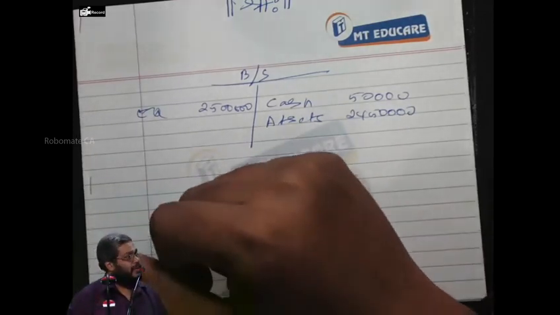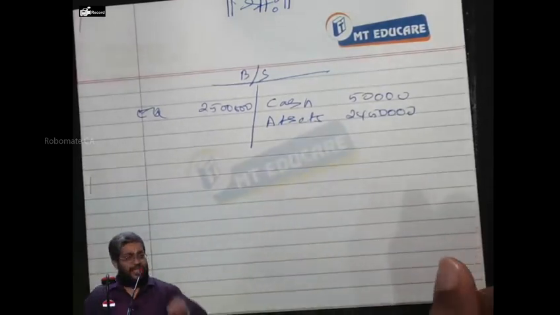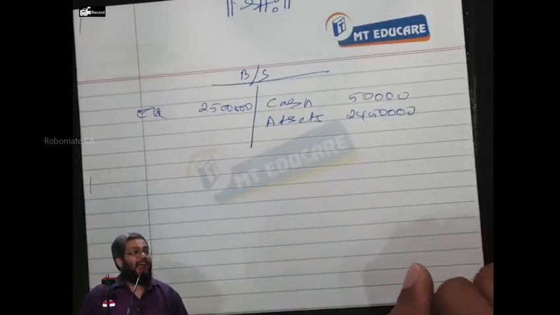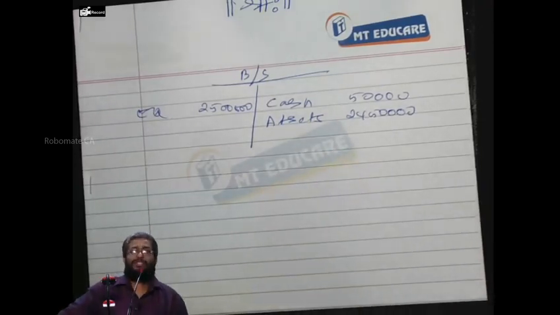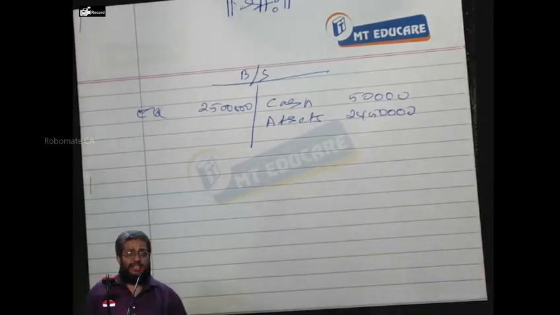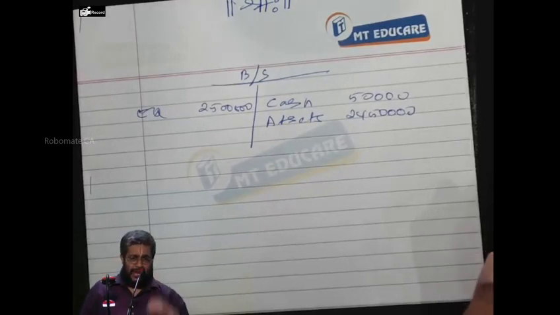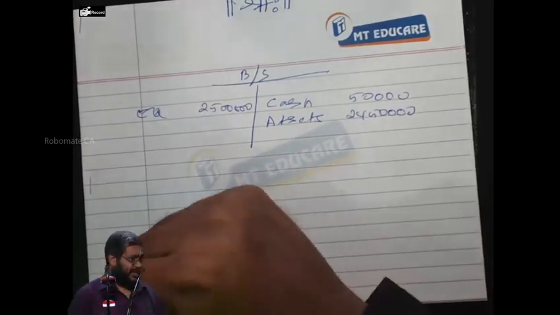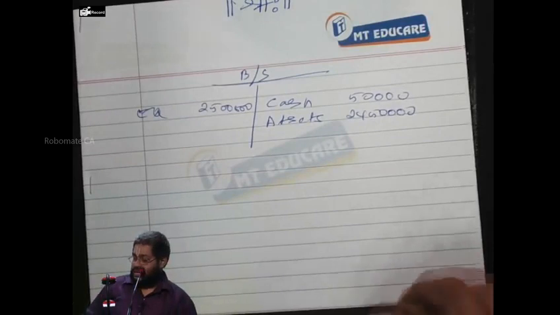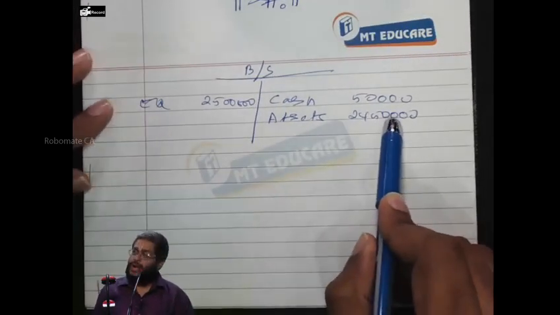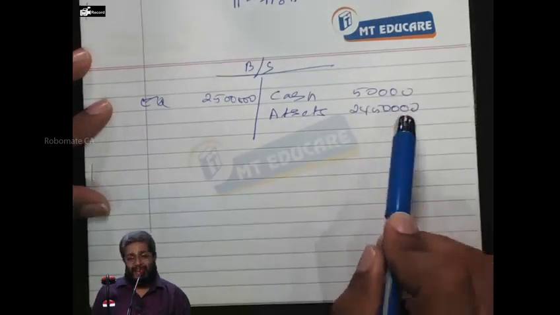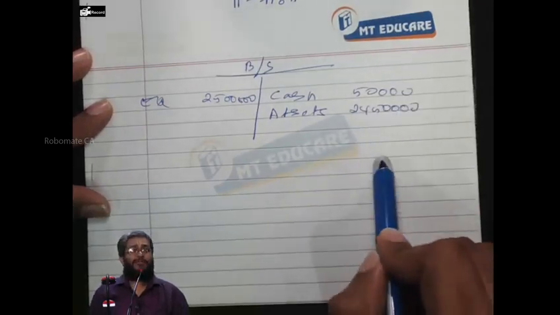Right or not? Okay. The other option is to give you the money and get back the shares. It is called what? Buyback. In case of buyback, what happens to the share price? Drops to 24.5 or remains the same? The share price remains the same. What happens is, when I give you that money 50,000, from you I repurchase how many shares? 2,000 shares. Now, this 24,50,000 wealth is not going to be shared by 1 lakh shares. It will be shared by how many shares? 98,000 shares, leaving the share price what?